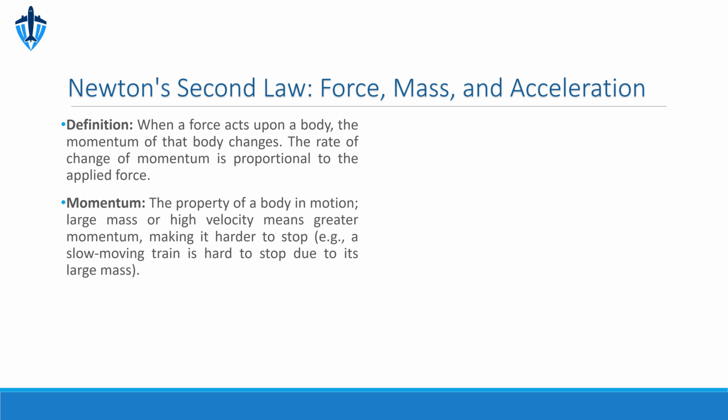Vibration is another form of periodic motion, often referred to as harmonic motion because of its regularity. The characteristics of vibration include the period, which is the time for one cycle, the frequency, the number of cycles per second, and the amplitude, which is the maximum displacement from the center point. It's important to note that while the amplitude of a vibration typically decreases over time as energy is lost, the frequency remains constant.